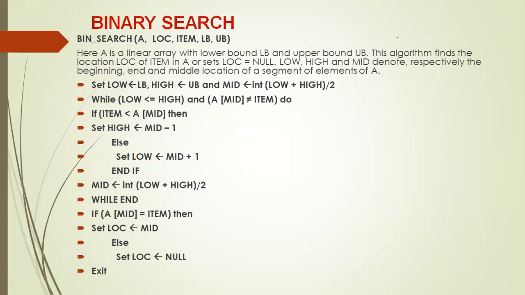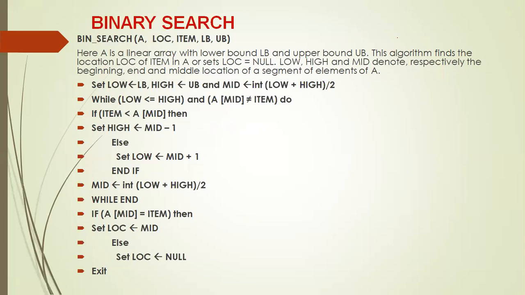If the search element value is less than the middle element, the element may be present only in the first half. If the element you are searching is greater than the middle element, then the element may be present in the second half. So either we restrict ourselves to the first half of the array, or we restrict ourselves to the second half of the array. Then the process is repeated. If you ignore the second half, then again compare the middle element of either the first half or the second half. Like that, this procedure is repeated till either the item is found or the item is not found. So let us trace the algorithm.